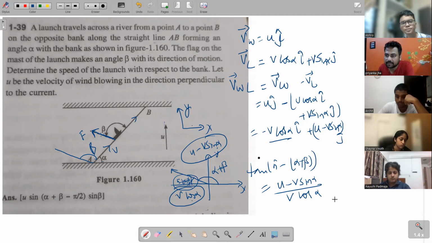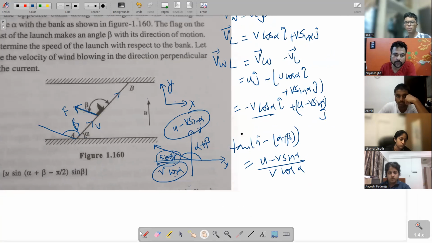समझ में आया तुम लोग को कॉन्सेप्ट? बढ़िया कॉन्सेप्ट है. एक सेकंड रुको, एक